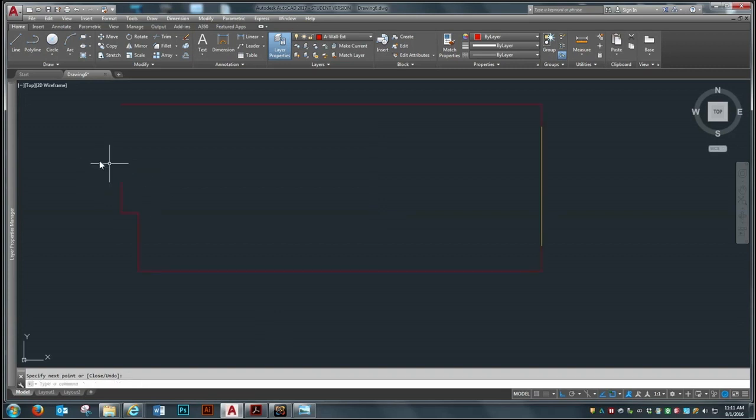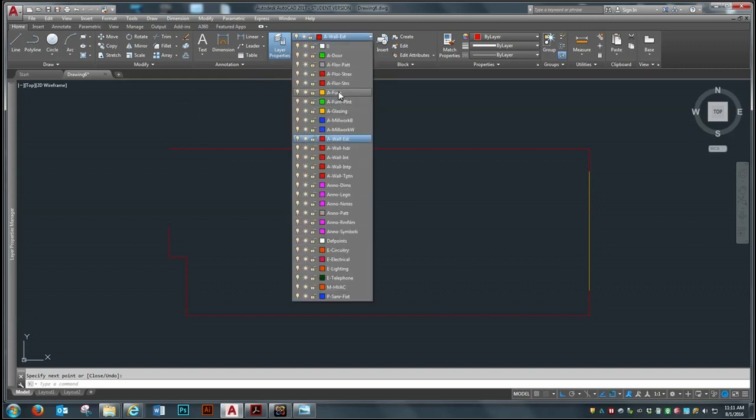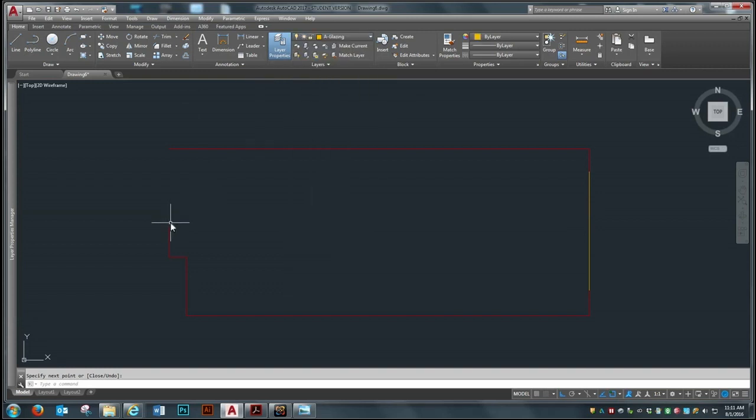So I've ended the line command, change my current layer back to A glazing, go to the line, click at the end. I have a 4'4" window in the front, 4'4", enter,